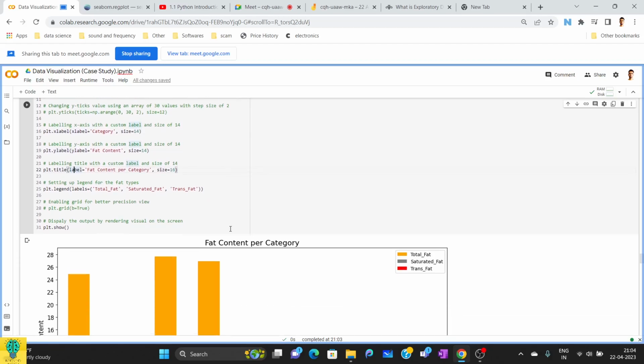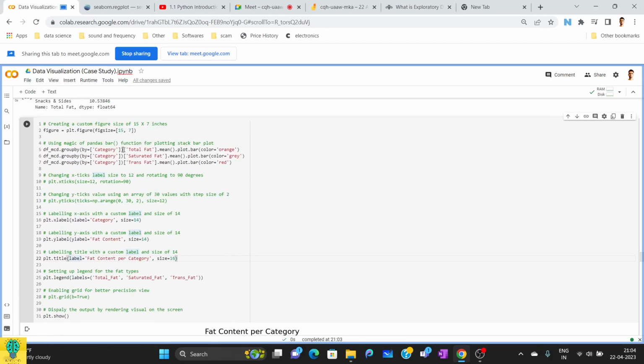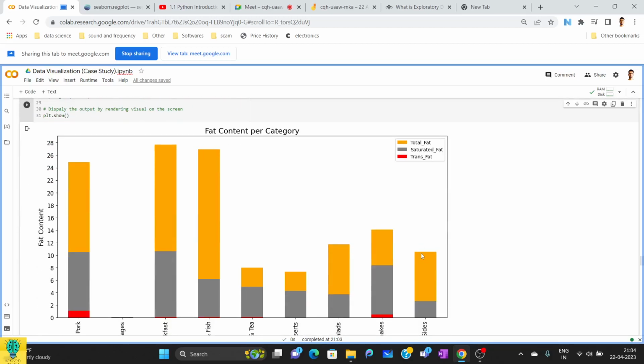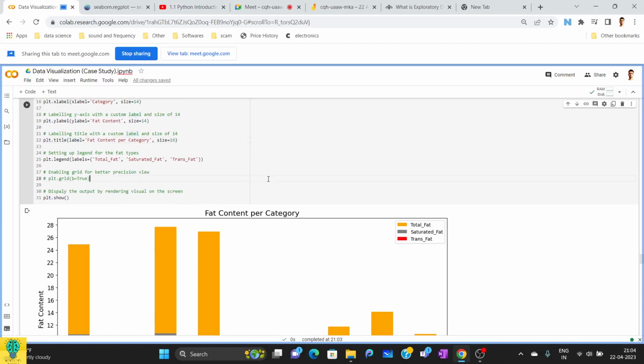Okay, so as I was telling, this small box is called a legend. In this we are using three different bar plots, and since we are using three different ones, we have to tell what those three are. So we use legends in that case. Now if I run this,